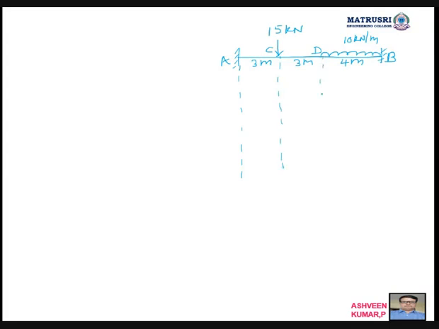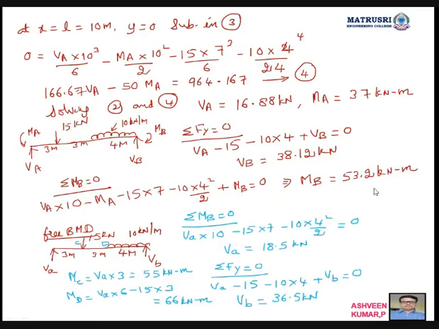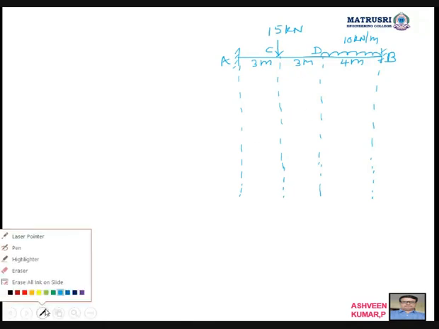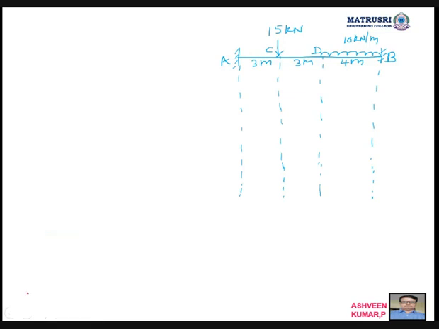Now I am going to draw, first I will draw the free bending moment diagram, then later on that one. Okay, what I got here, you can see here 55 and 66. So if I draw a baseline, okay, I am drawing a baseline, say. So this is the baseline. This is 55. The other one, what I told, 66.